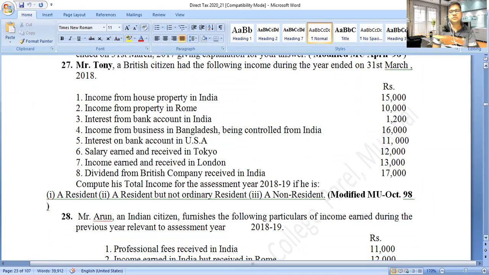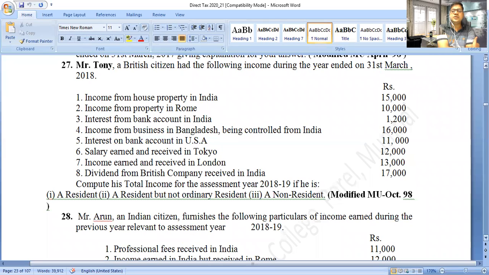Question number 27. Mr. Tony, a British citizen, had the following income during the year ended on 31st March 2018. Income from house property in India 15,000. Income from property in Rome 10,000. Interest from bank account in India 1,200. Income from business in Bangladesh being controlled from India 16,000. Interest on bank account in USA 11,000. Salary earned and received in Tokyo 12,000. Income earned and received in London 13,000. Dividend from British company received in India 17,000. Compute his total income